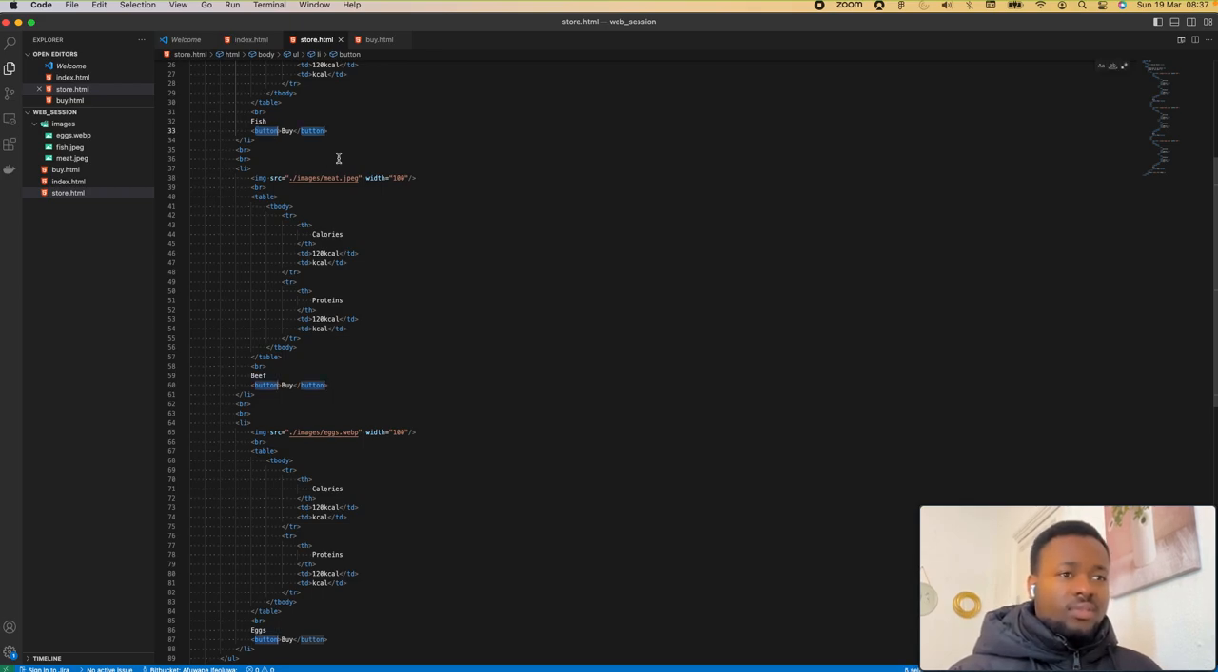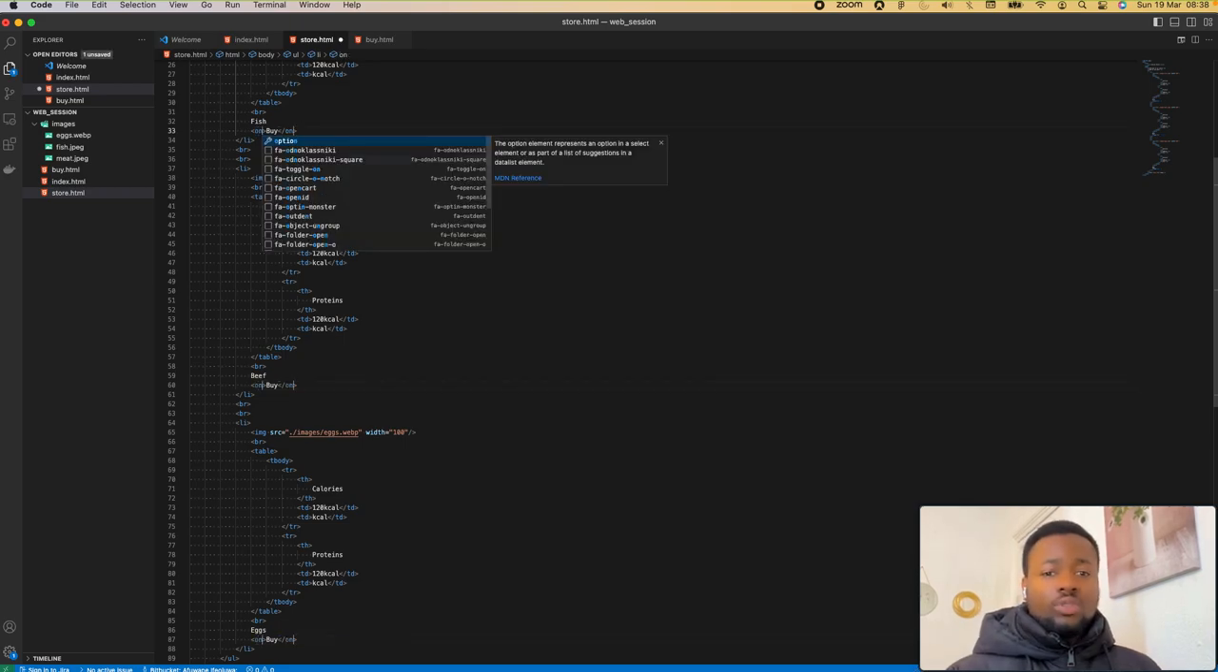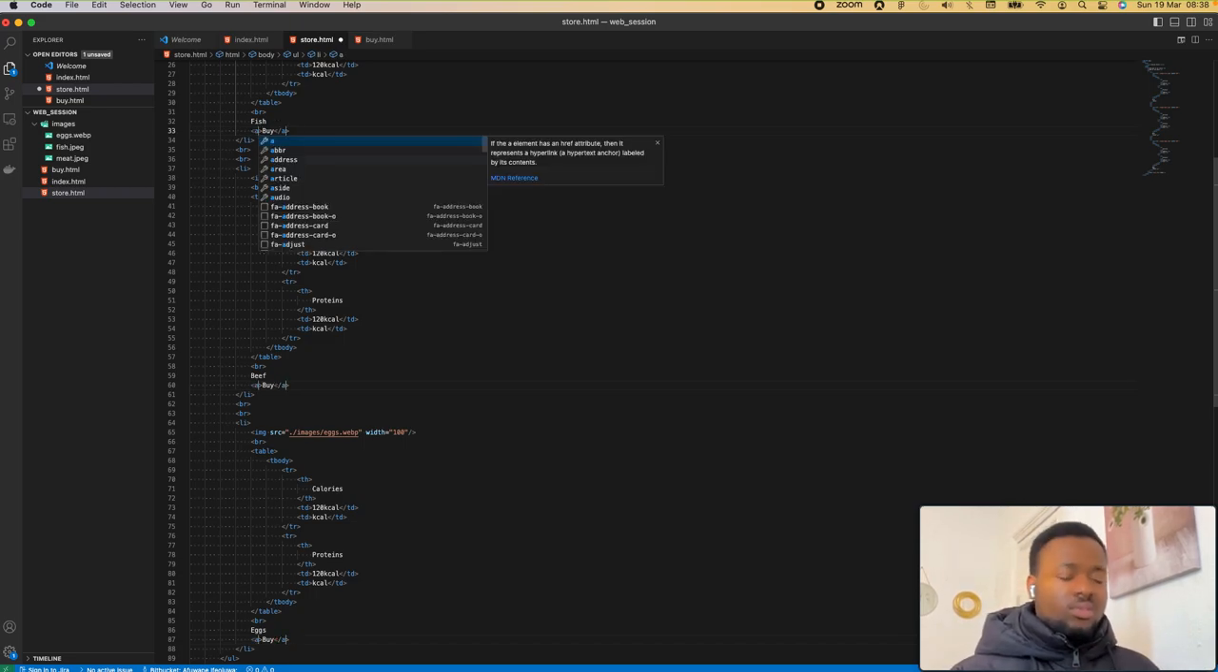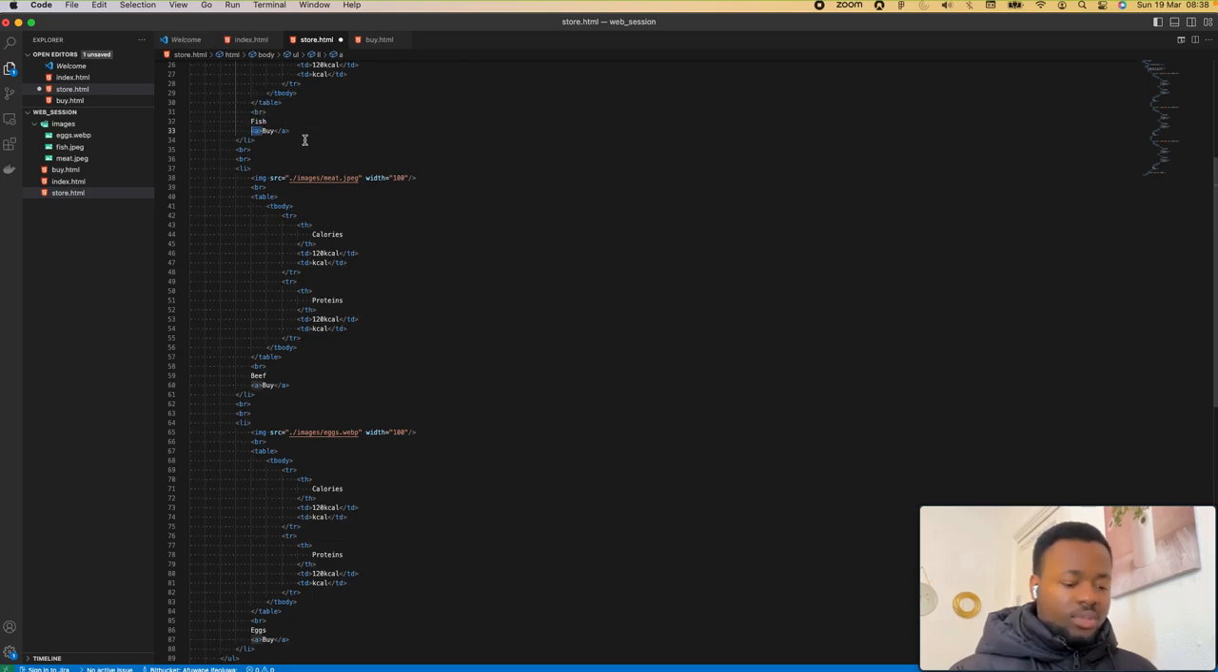So for each of these, I'm going to use link instead, because the button requires an on-click function, and I don't want to write any on-click function yet. For you to do that, you do an on-click function and then window location and all those things, but no, I don't want us to do that now. So let's do this instead. And then for that, what we will do is